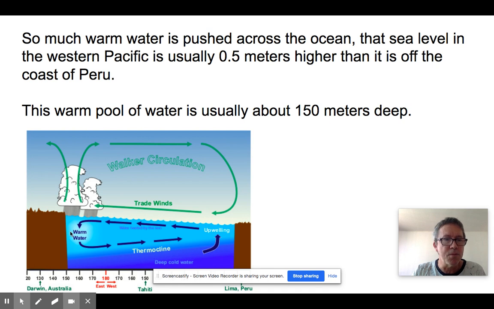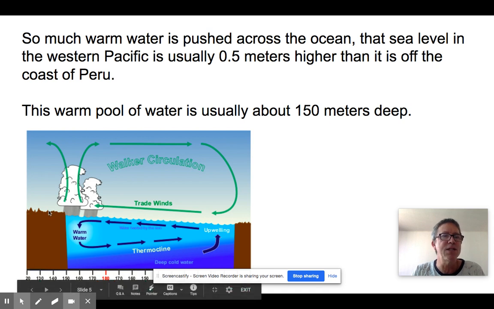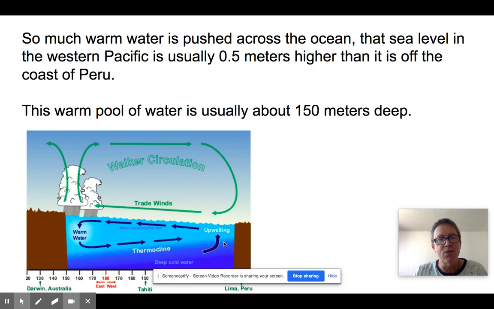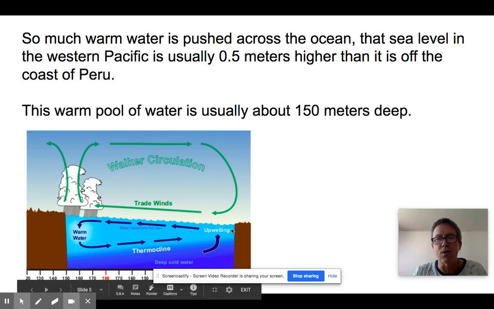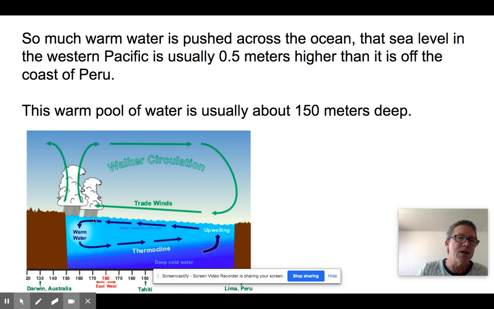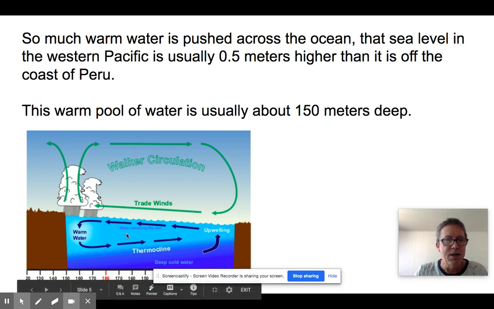So the West Pacific warm pool happens over here in the West Pacific. So let's just say this is Asia, this is America, okay? And what we find is that the warm water is going to extend much lower over here. In fact, on the shore here, the cold water comes all the way up. And because the warm water is being dragged over this way, it gets deeper here. And so we get this pool of warm water over here in the West Pacific near Darwin, Australia, and the Philippines. And not only that, these winds, as they blow, they hold the water higher on this side.